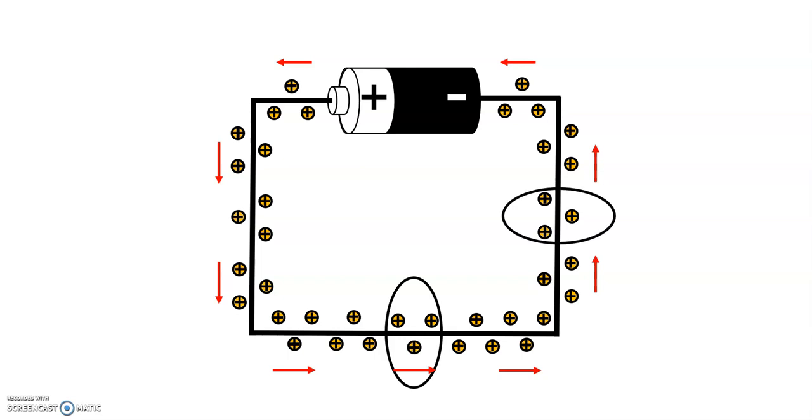What I also know is if I put an identical loop here, I can also see 3 coulombs passing that point in a given second, which means there's also 3 amps at that point. If I put it here, I can also see there's 3 coulombs passing through that point in a second. That means I have 3 amps there. In fact, if I were to put an identical loop going through the center of the battery, I've made the size bigger for the diagram just for visibility, and I take into account that it's an electrochemical reaction, I would actually find 3 coulombs per second passing through the